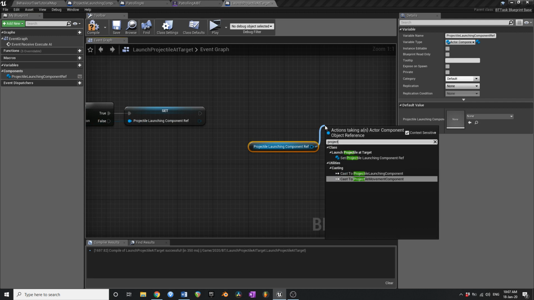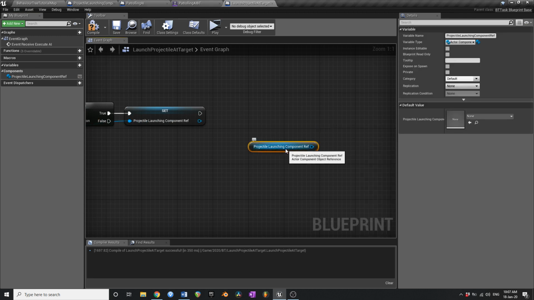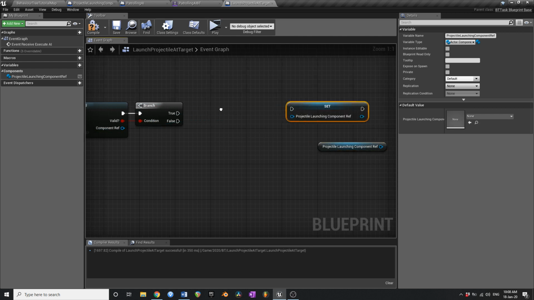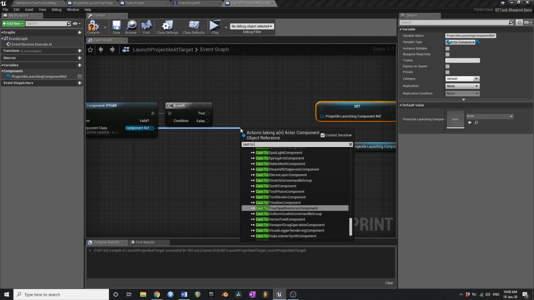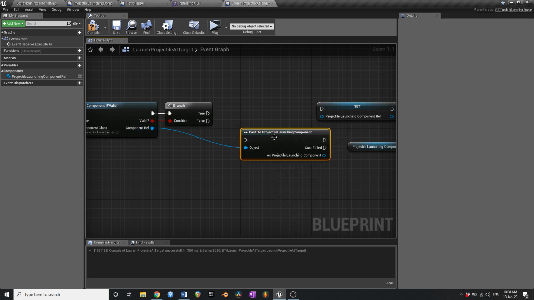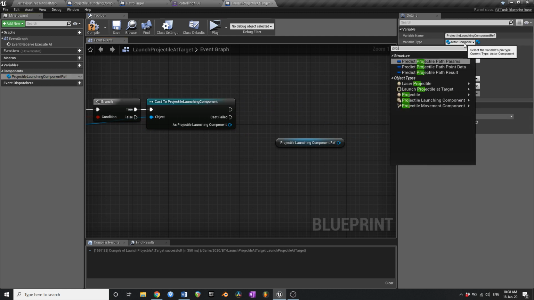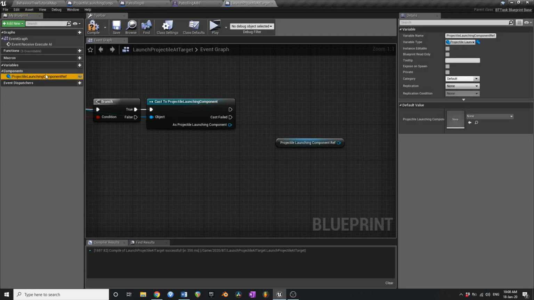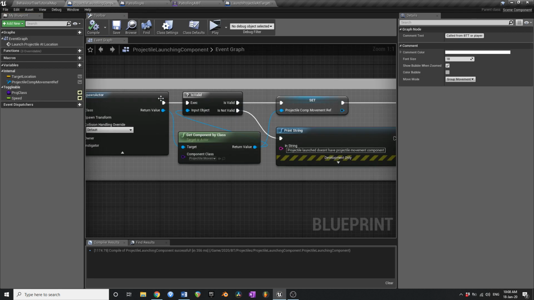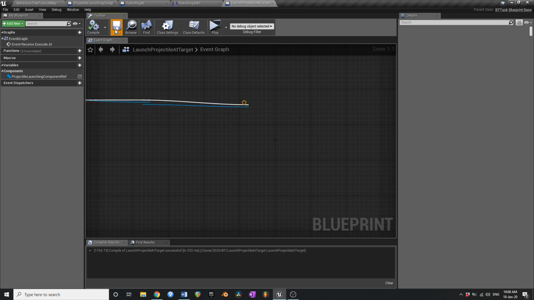no, what was it? Projectile, what was our event called? Oh, actually, hang on. So this is just an actor component. It's not of the right type. So what we need to do here is, if that's valid, we need to say cast to projectile launching component. And then actually we need to get rid of that, and we need to change this here. We need to change the type of this to projectile launching component. And the reason that we wanted to do that is because otherwise we don't actually have access to the events and the variables inside of this blueprint. So now, if we compile and save that,